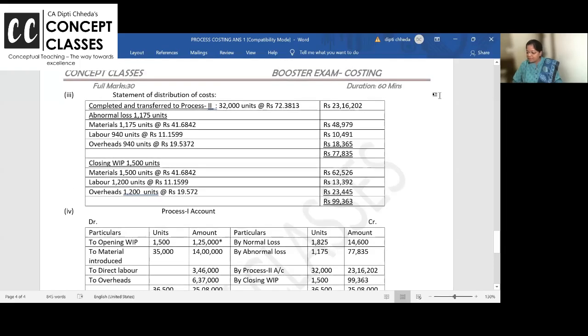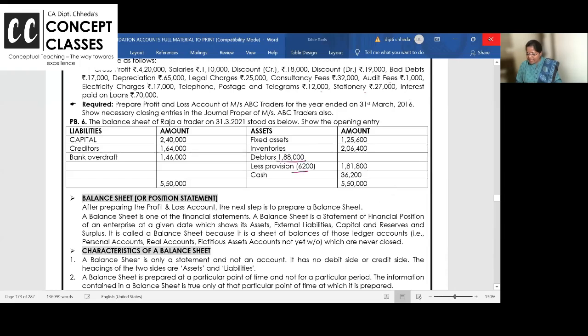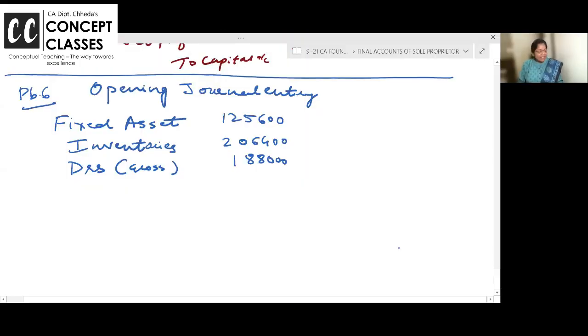2 minutes. I'll show you, because for partnership also it is very important. Look at the screen. Are you all with me? Debtors are 188. Provision is there, 181. Don't bring net debtors. Debtors are 188. Provision for doubtful debt is actually a liability. Just to present, we reduce it from the asset. Right. So let us bring it all here. Bring debtors as gross, 188. Cash